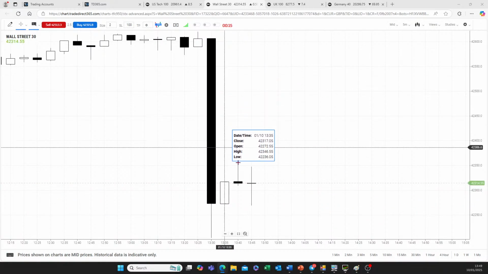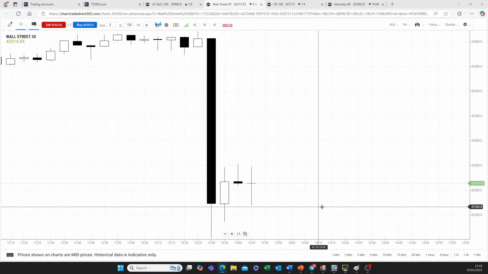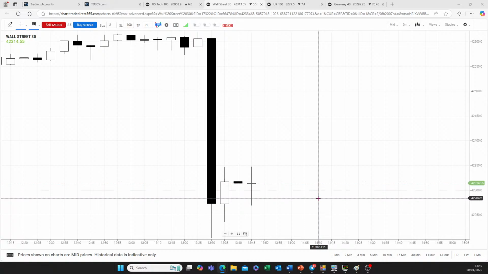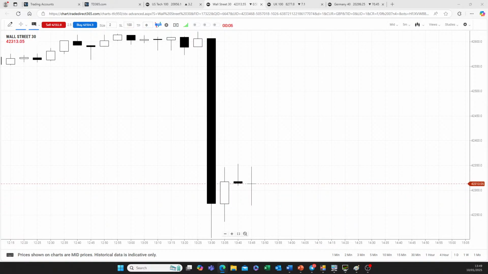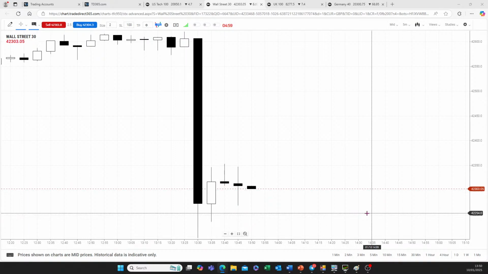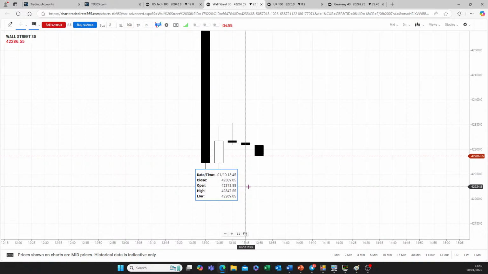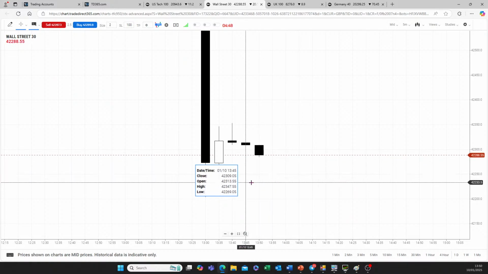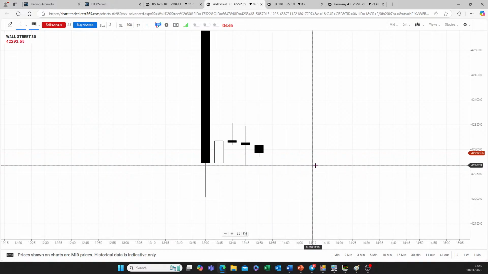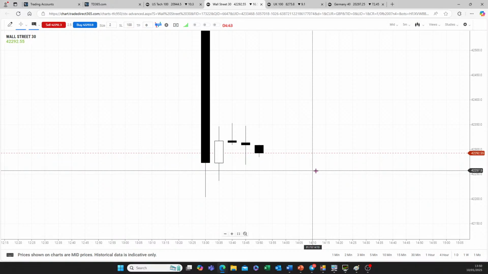Obviously, with this big spike down, I would be more inclined to be a short seller than I want to be a buyer. But we'll see. Right now, I'm really not overly convinced one way or another. So the low in the Dow is 42,269. So I would want to not be a seller until around 55.